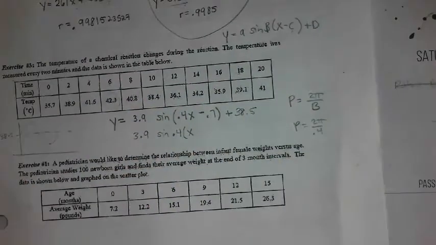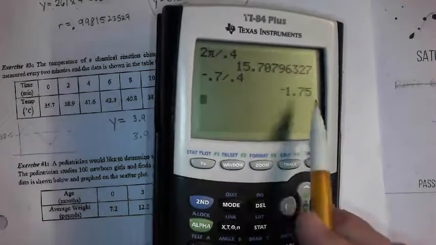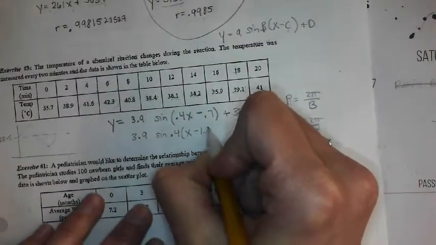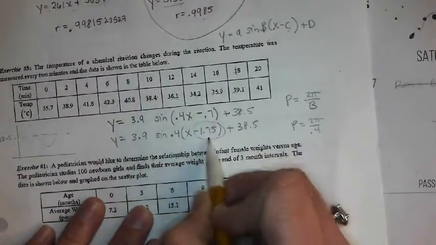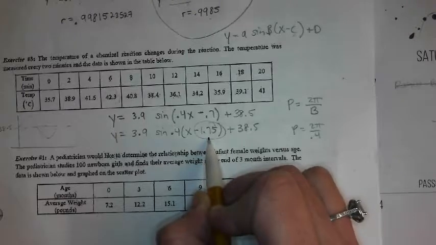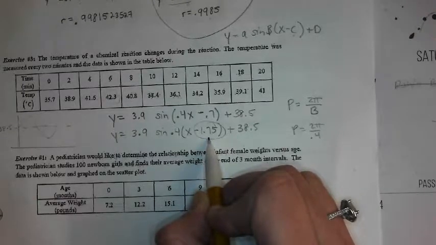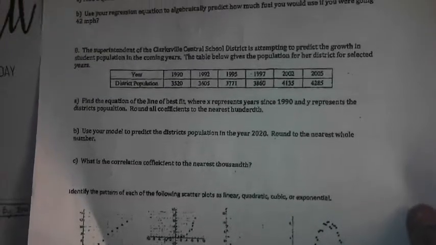And negative 0.7 when I divide out a 0.4 is negative 1.75. Now I have my phase shift. It's shifted 1.75 units to the right. Do you follow? Okay? All right, so kind of a little bit of review of functions and meanings, but in the grander scheme of things,